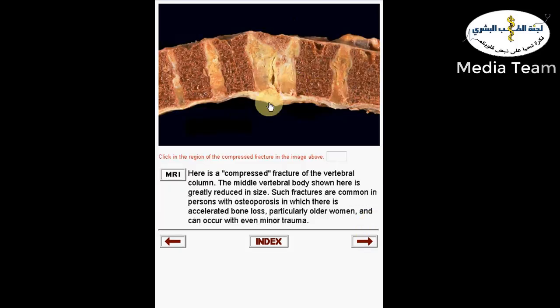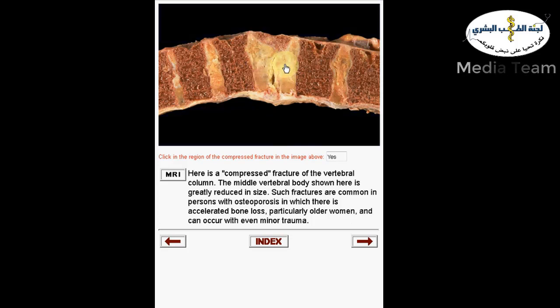This is an example of a patient with a compression fracture in the bone. Why do we call it a compression fracture? If you look here, any pressure will compress the bone and completely make the body of the vertebra disappear. The intervertebral discs in the center are attached to each other. There is no vertebral body in between, there is no bone in between, and this is an example of